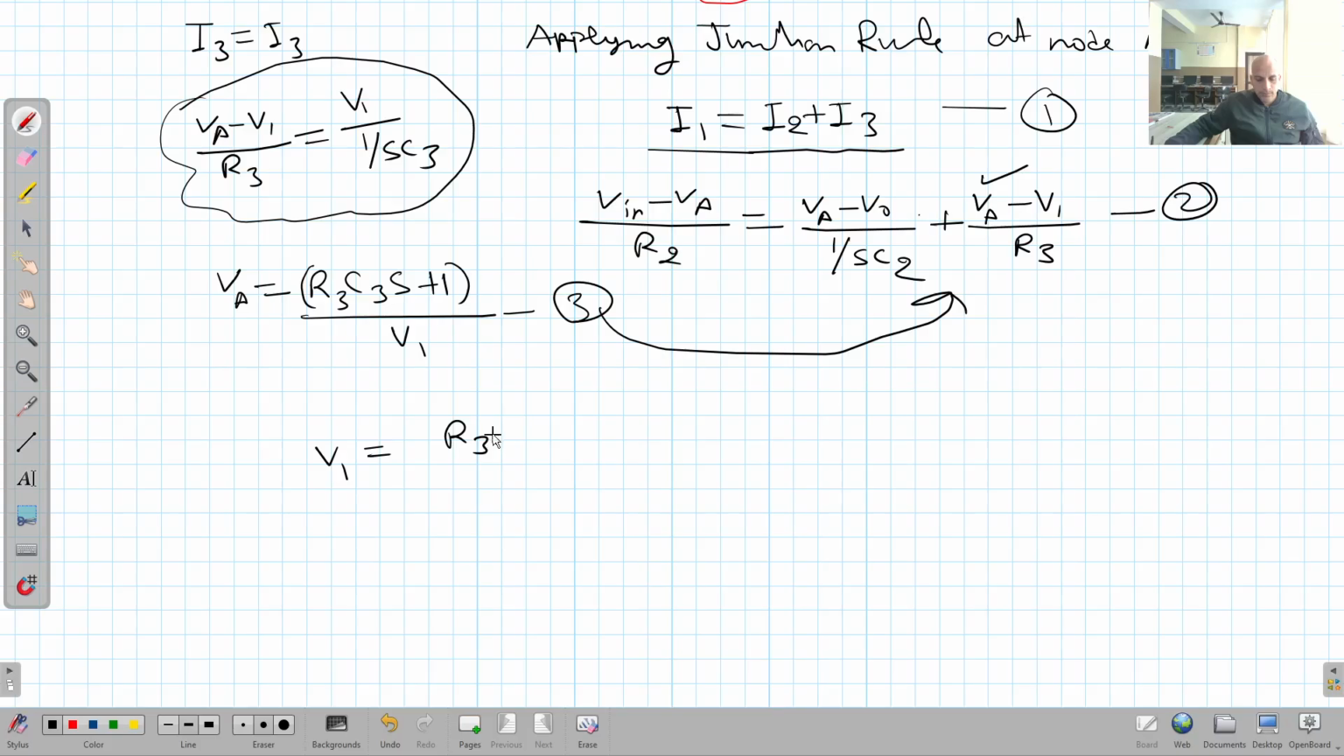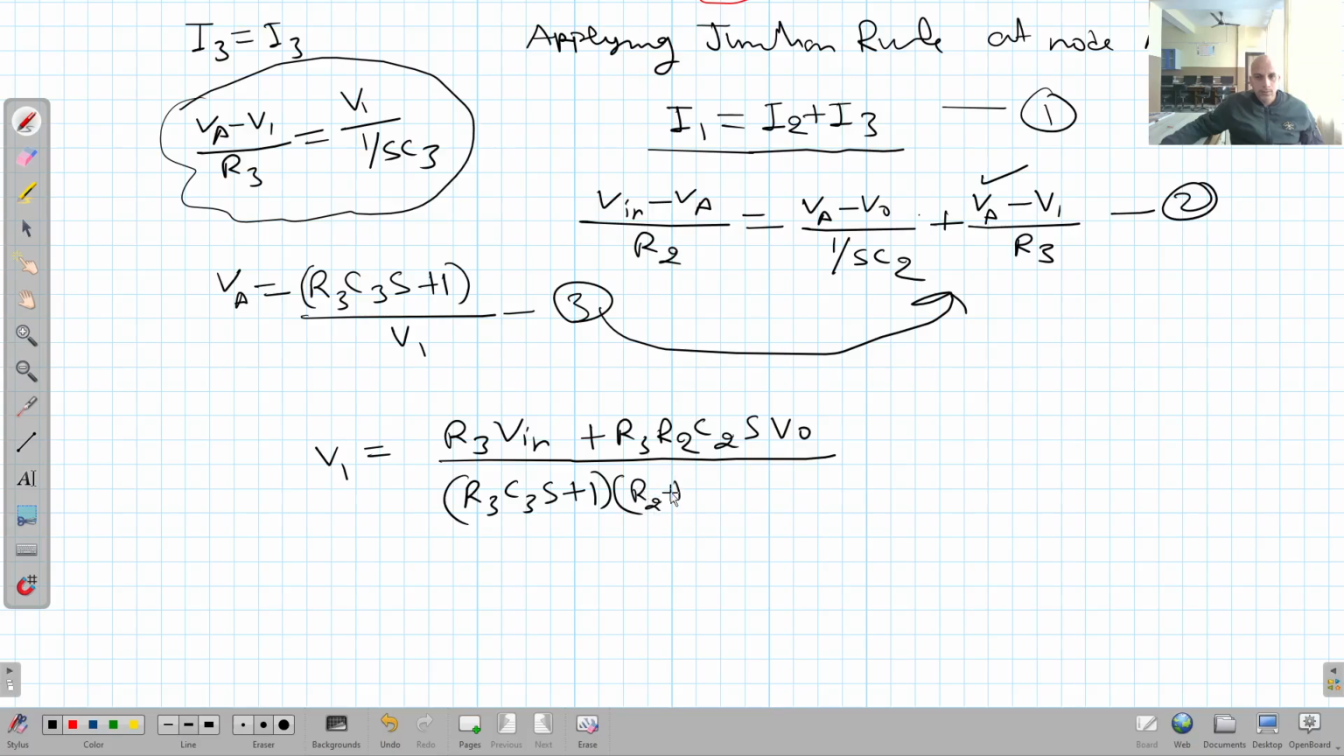I will get V1 is equal to, after simplification, V1 is equal to R3 V in plus R3 R2 C2 S into V output divided by R3 C3 S plus 1 bracket R2 plus R3 plus R2 R3 C2 S minus R2. Clear? So I got this equation number 4, when I put this term here and I simplified it